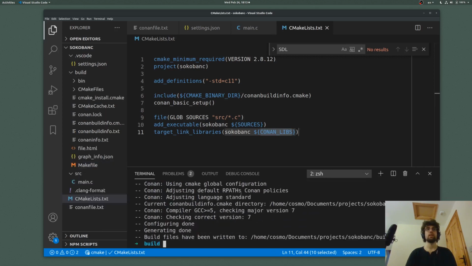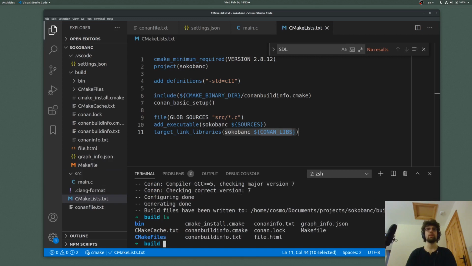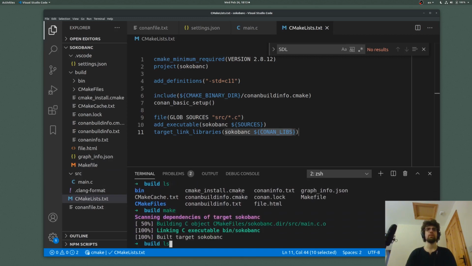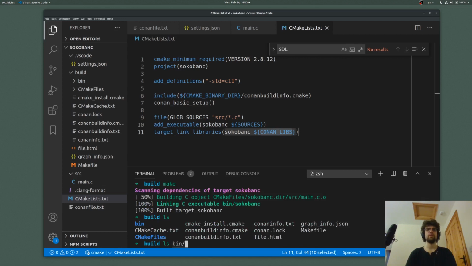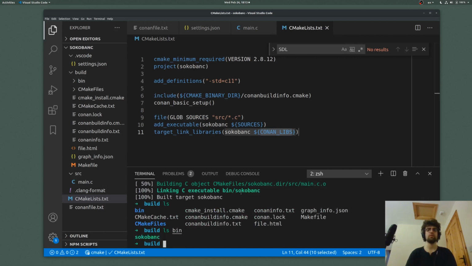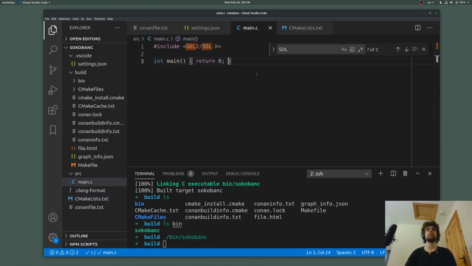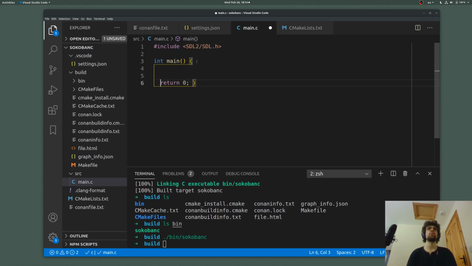Okay, from this operation we have a makefile that was done, so we can just make, and now we have our target which has been created, and we can just run bin/Sokoban C, and nothing's happened because we've put nothing in the main.c file. We're going to put something in right now, which is kind of a standard architecture for